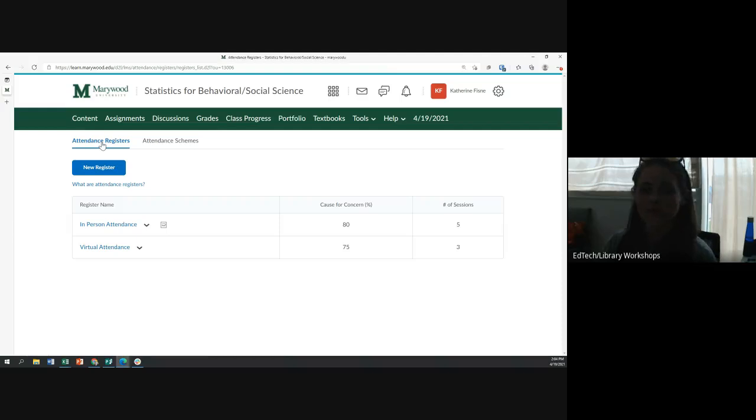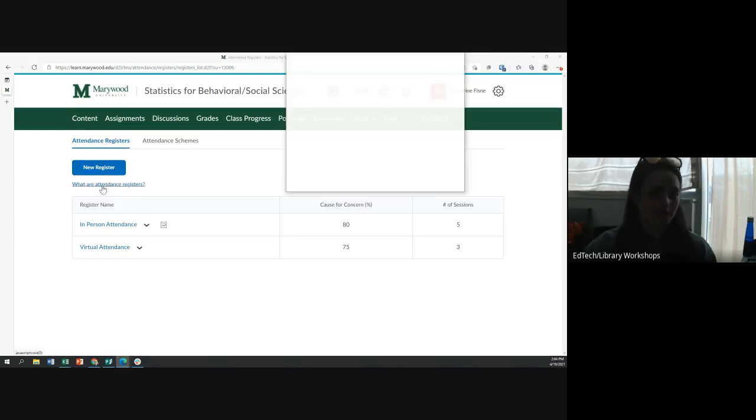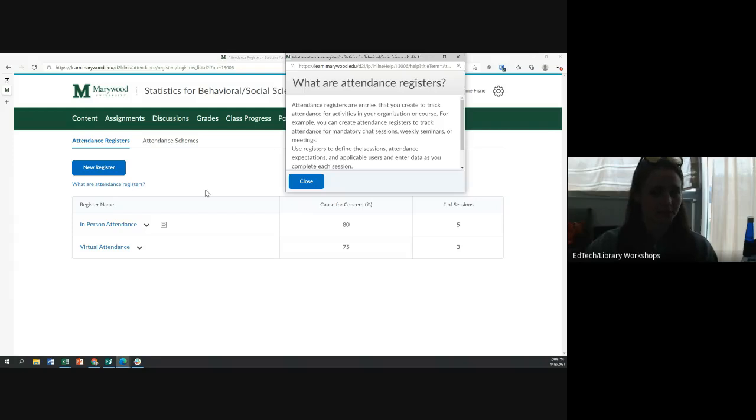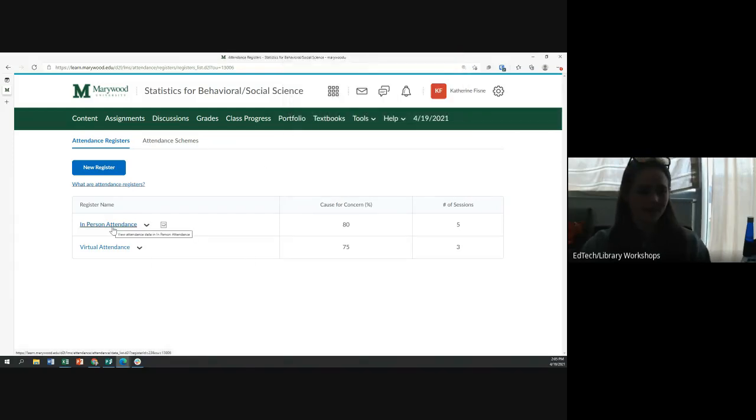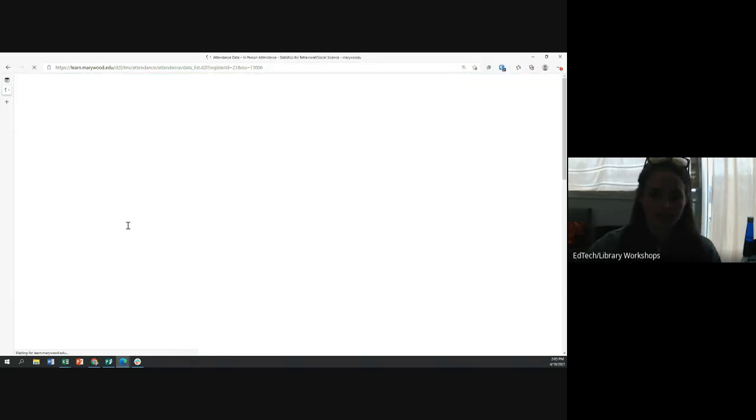Then if we go over to the attendance registers, you can see there's a button here for what is an attendance register. If you wanted to read it again, you could, but it's basically different ways to track items. I have 2 registers set up here. One is an in-person attendance register and another one is a virtual attendance register. So if we go ahead and look at my in-person attendance register,